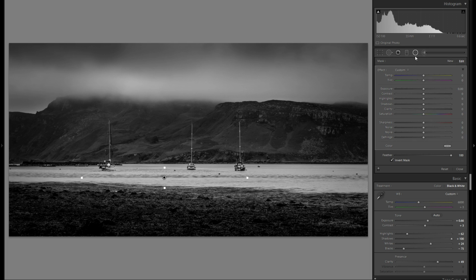I'm of course going to use the radial filter once again, because I love this tool much more than the adjustment brush. And first of all, go into the plus exposure and go over the boring flat areas and make them a little bit brighter. Right click, duplicate, maybe another filter over here, then another over there, and make this a little bit